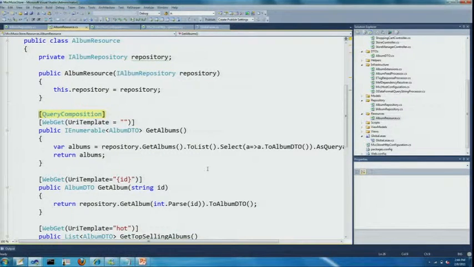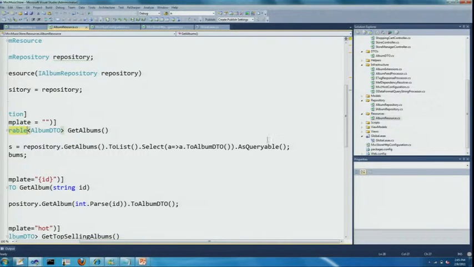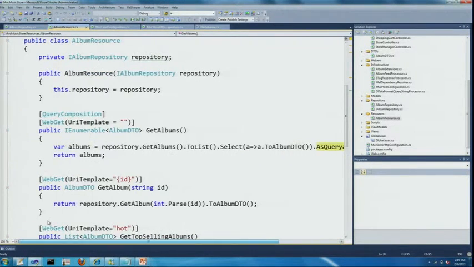And what that does is it says this is actually an IQueryable. So in our CodePlex bits, when our real bits ship, you'll actually put IQueryable here, but right now you have to return a return value of IEnumerable as far as the type that's on the signature, but you actually do return a queryable, which you can see here. Okay, so let's see what this will actually do for us.